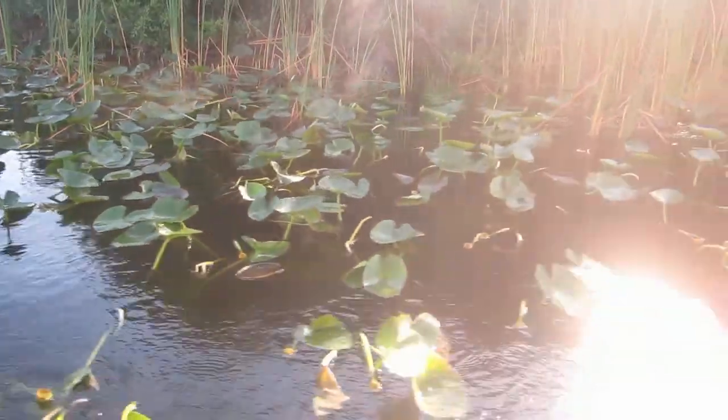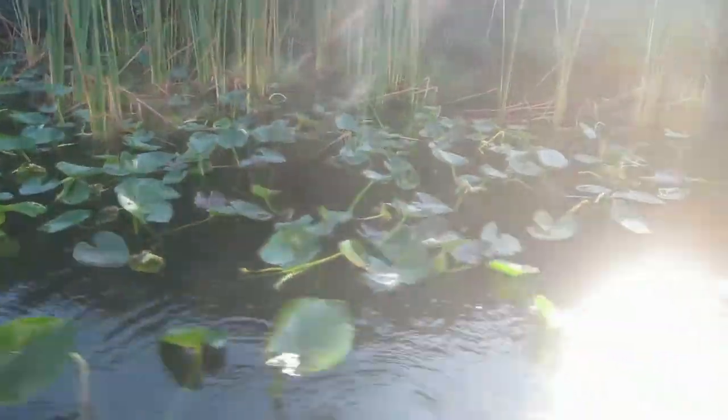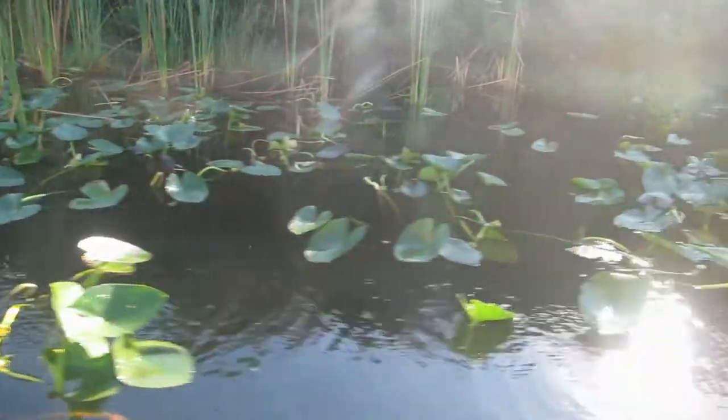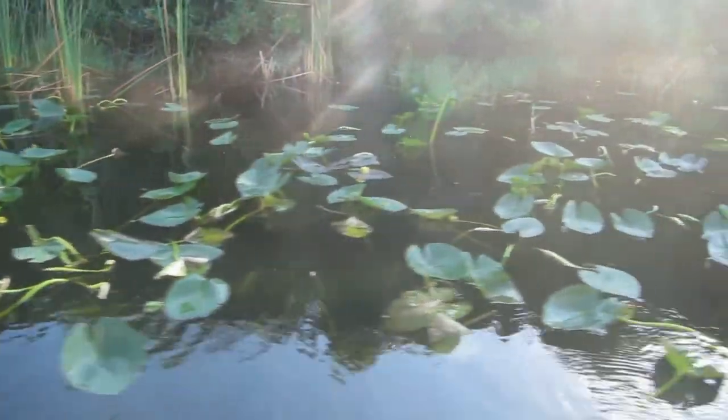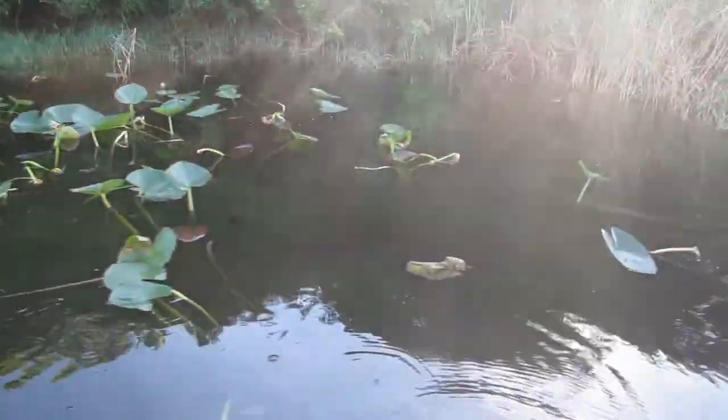Now, if you guys were stranded out here, you would notice that some of these have a hole where the stem meets the leaf, that means there's a little worm feeding its way through the stem. And if you were stranded out here, like I said, you could pull this plant out of the water, split this stem down the middle, and that's